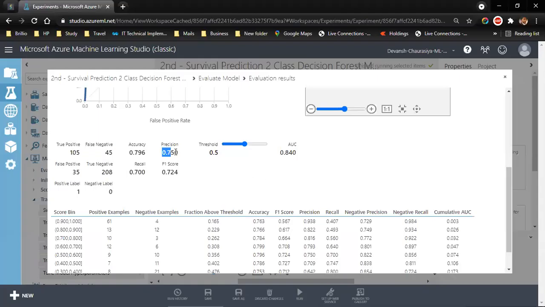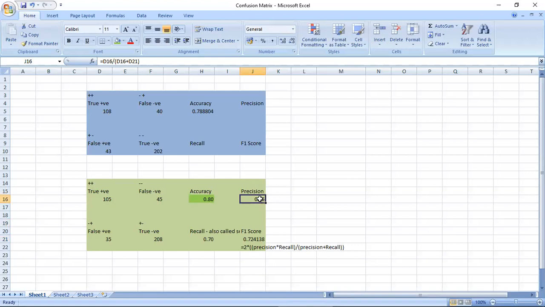If you see, we have 75%. How did we get 75%? By true positive divided by true positive plus false positive. Recall is true positive divided by true positive plus false negative. And F1 score, this is the formula: 2 into precision into recall divided by precision plus recall.